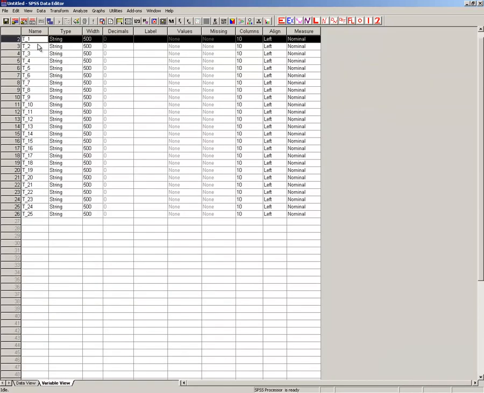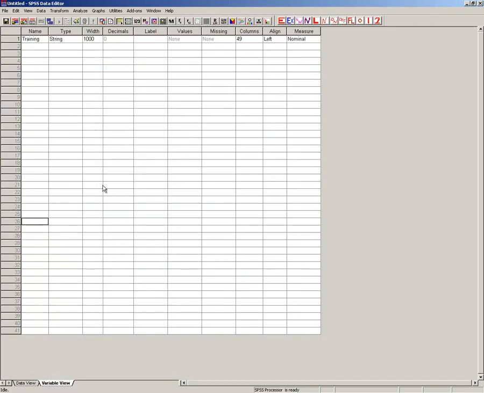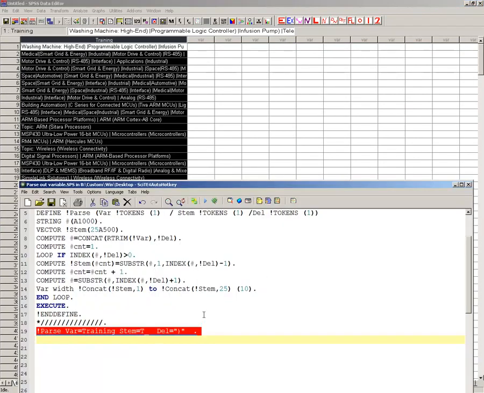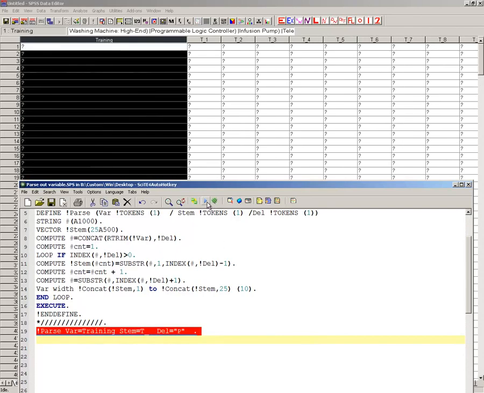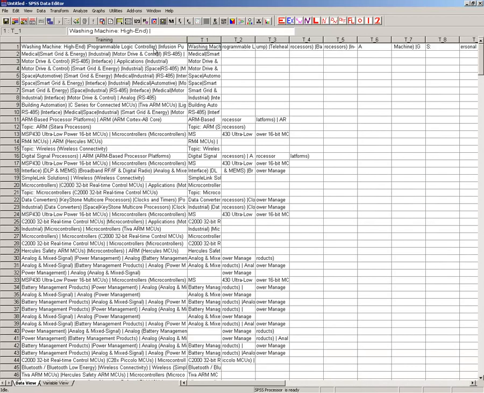Let me go through and do something even stupider, because I love stupid. I'm going to make this a P, and now I'm going to run it, and it's going to parse things on the letter P. The letter P will actually disappear wherever it was. So this is ump. The P disappears because it takes the delimiter out, but it still parses on it. Anyway, that's how you can very quickly and easily